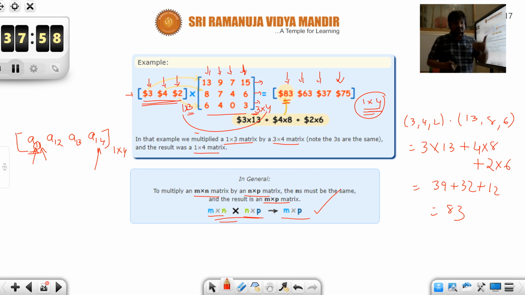So the basic rules of algebraic operations between matrices: you can perform addition or subtraction when the sizes are the same. That is, m should match with m and n should match with n. Similarly, how can you perform multiplication? You should make sure that the number of columns of the first matrix is equal to the number of rows of the second matrix. Okay, students.